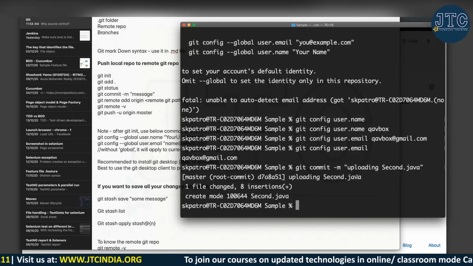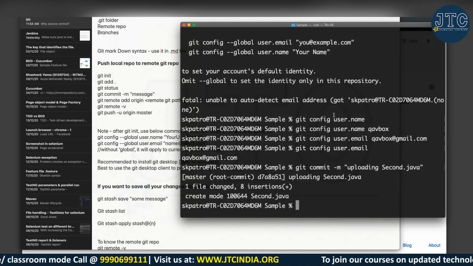Okay, so now I have committed. What I did is I initialized so that the .git folder got created. I have added to the staging area. So git add . is nothing but I'm moving files into a staging area. See, there is no staging area. It's virtual. So that's why I said it's a simple thing. From the first .java, second .java, whatever files I want to move, that's the simple thing I'm doing.